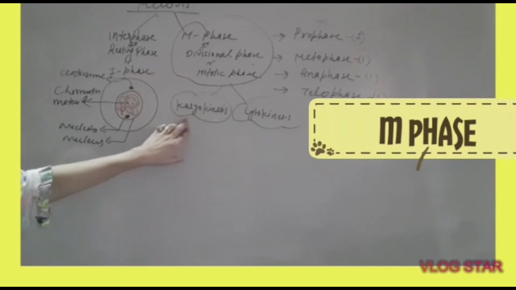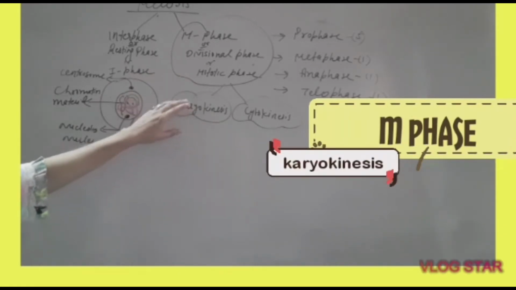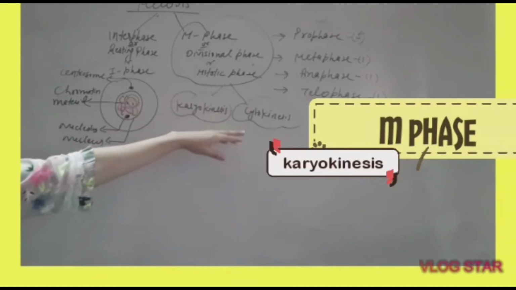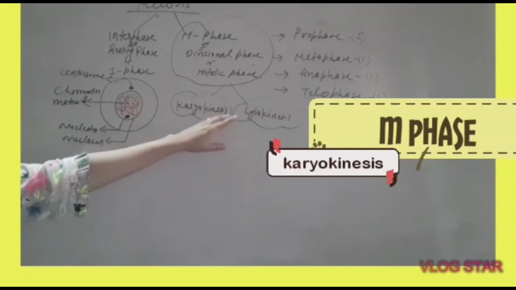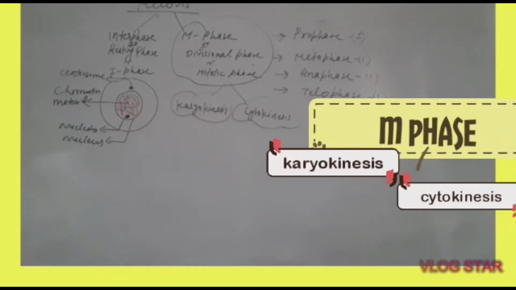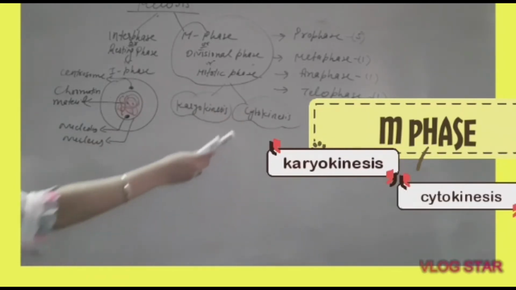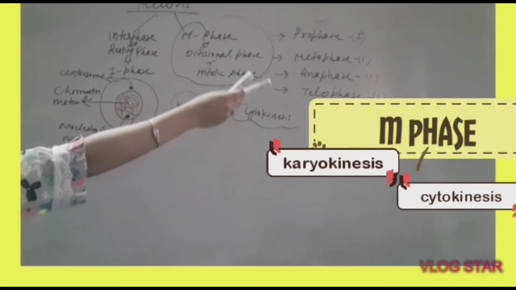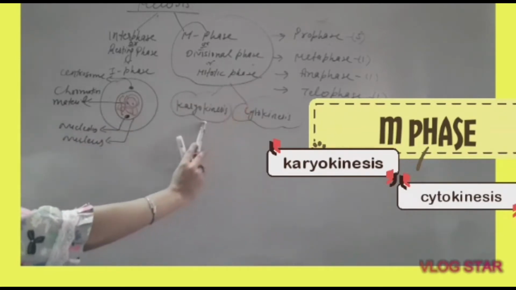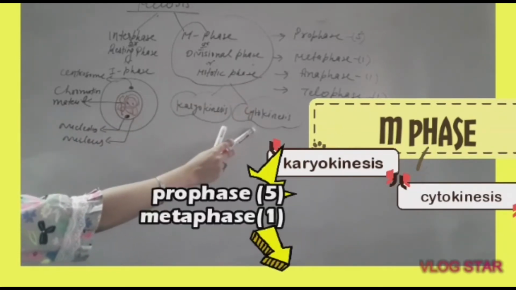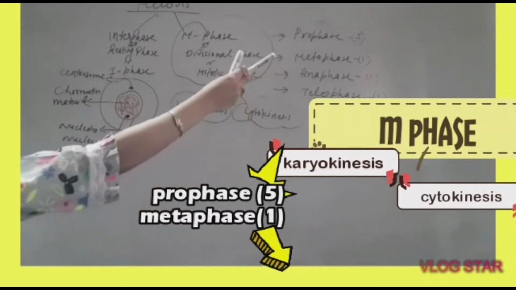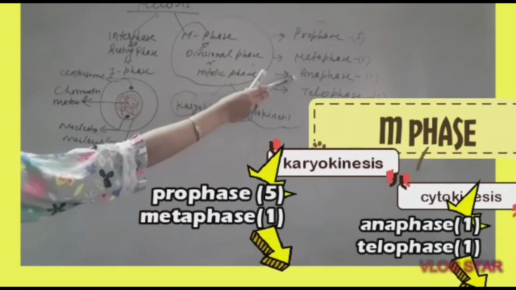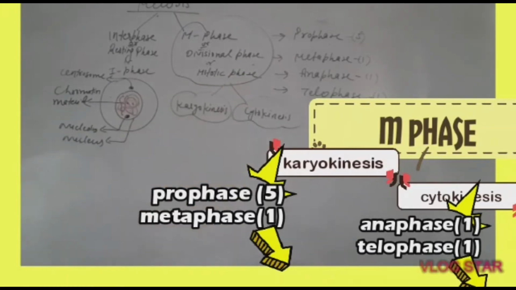First, the nucleus of the cell divides, karyo for nucleus. So in karyokinesis, division of the nucleus takes place, followed by cytokinesis, where cyto stands for cytoplasm. In this, division of the cytoplasm takes place. So these are the several further steps which complete both karyokinesis and cytokinesis. Till metaphase, it is only karyokinesis. The first phase of karyokinesis is prophase, second is metaphase, third is anaphase, and the fourth one is telophase.